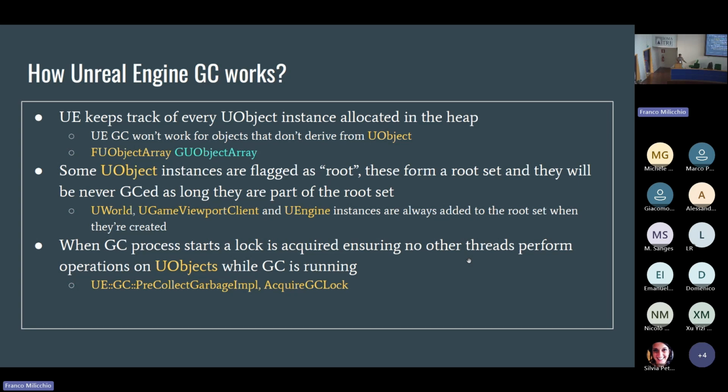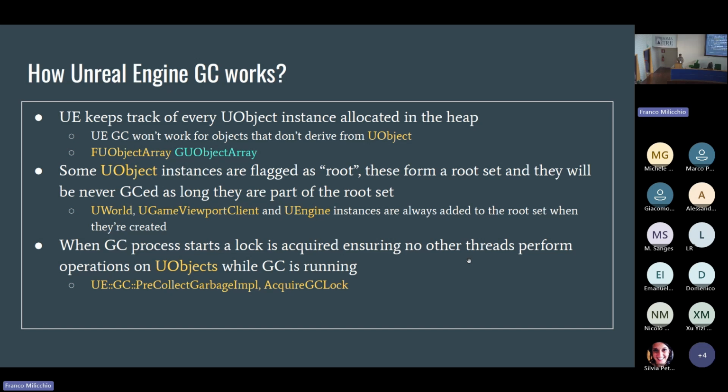I have highlighted in yellow in these slides some function names or variable names that are used in the engine, in case in the future you want to take a look at the code. So the FUObjectArray is the array that contains all the objects that are allocated during the course of your game.